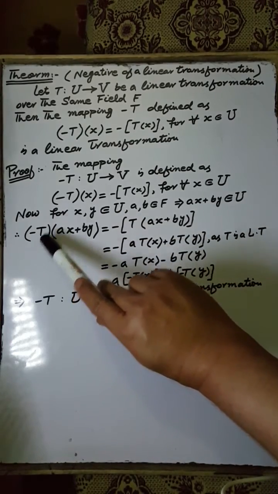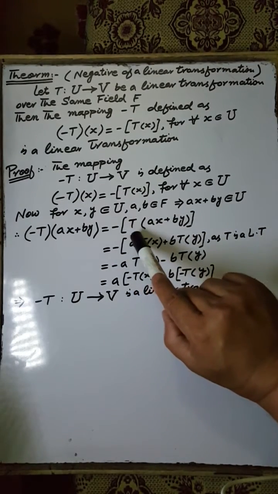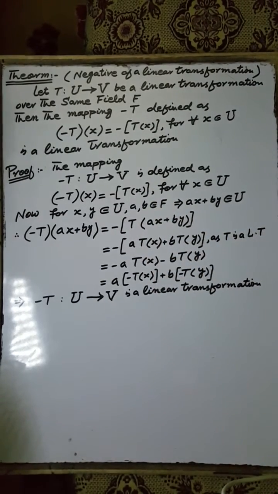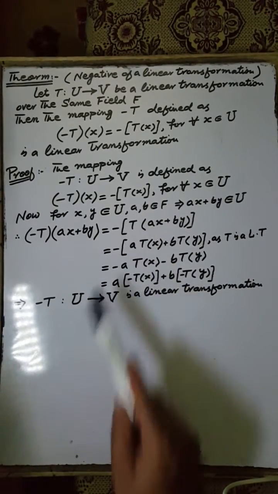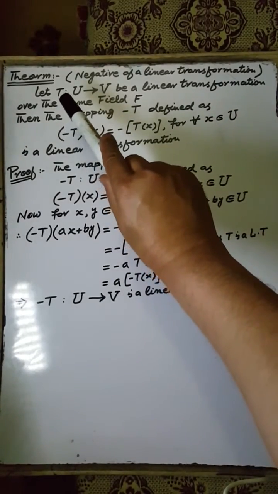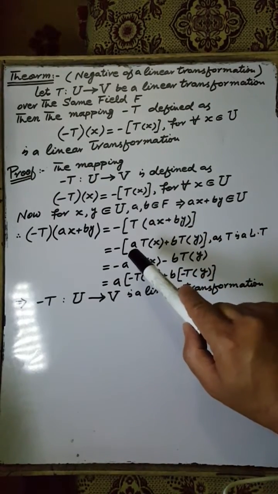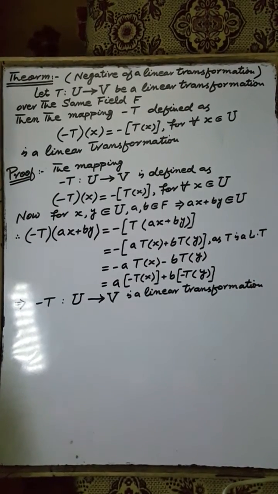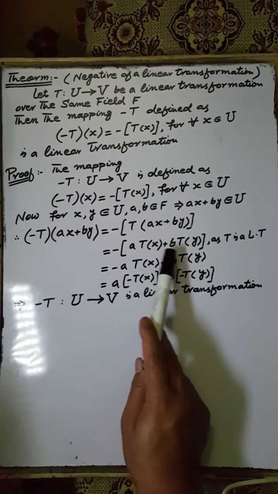when we apply the operator −T according to this condition, is equal to −1 multiplied by T(ax + by) according to the given hypothesis. T is a linear operator according to the hypothesis. Therefore, when we apply T on ax + by, it will be equal to aTx + bTy according to the definition of the linear operator or linear transformation, and we multiply by −1 with each of these two